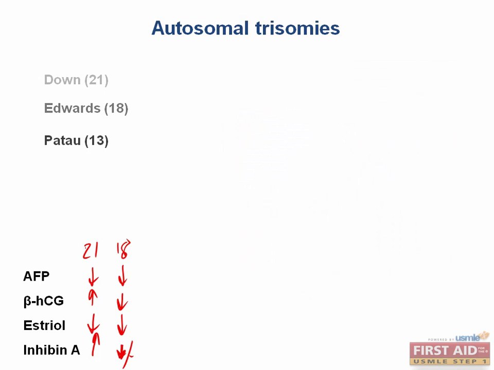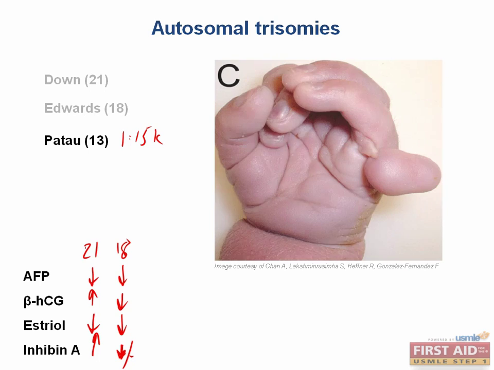The least common trisomy is Patau syndrome, which occurs in only 1 in 15,000 pregnancies. They have similar findings as Edwards syndrome, such as the rocker bottom feet and congenital heart disease. However, they also can be distinguished from Edwards because they have small eyes and a small head, extra fingers, which you can see here, a cleft lip or palate, and in some cases holoprosencephaly, which is when the prosencephalon fails to develop into 2 hemispheres, which can cause fusion of bilateral structures such as the eyes across the midline. Babies with Patau syndrome usually die soon after birth.